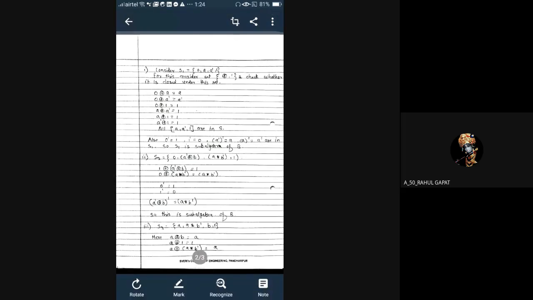Okay. So here in this question they have asked to check whether S1, S2, S3, S4 and S5 are subalgebras of the given algebra, and that diagram is given to you. So from that you have to recognize which ones are subalgebras. So let us consider the first set, that is S1, containing elements 0, A, A dash and 1. So 4 elements are there. According to the note, what we saw there, we have to check whether that set is closed under either star complement or